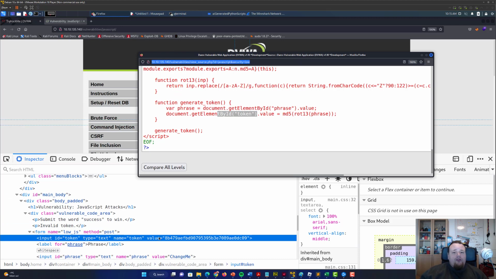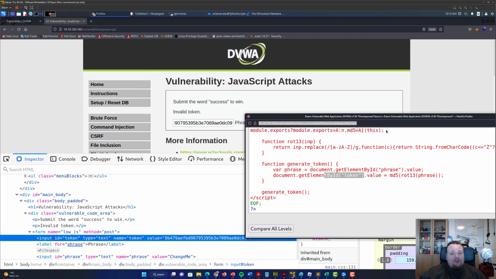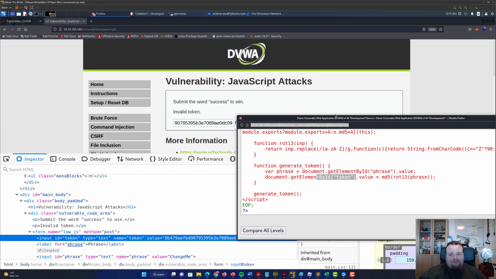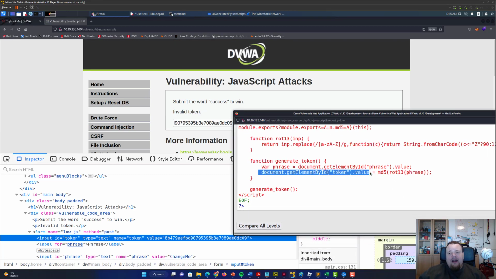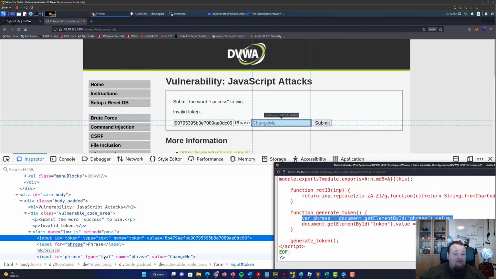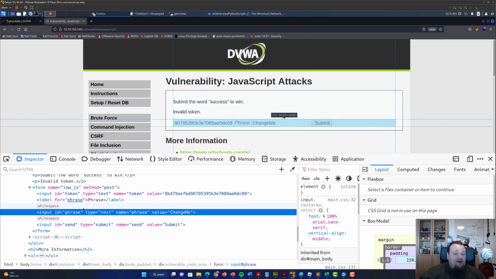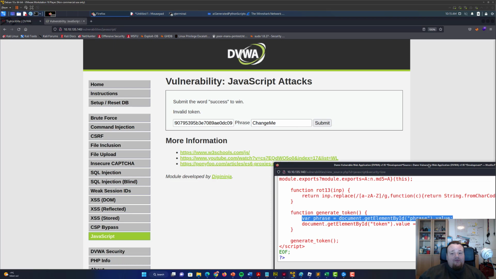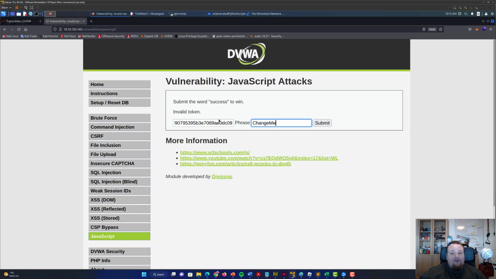So it does say token, and the token is the one, as you can see, here with the hash in. That is the ID token that's been selected with JavaScript, and the value is being set equal to the MD5 sum of a ROT13 phrase, and the phrase is also ID phrase, which is, I guess, this, but let's not guess. Gonna mark it right there. So the phrase is MD5 and ROT13 and everything, and that is probably the problem,